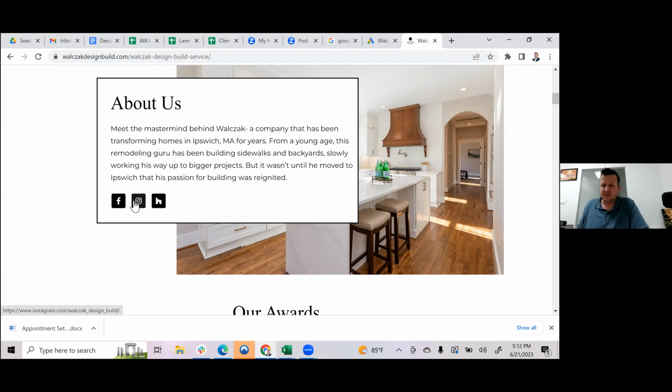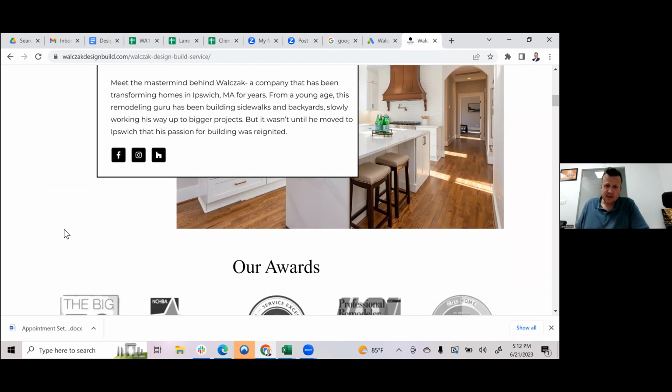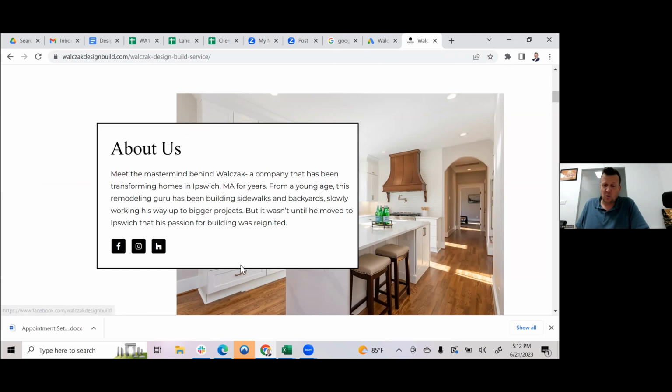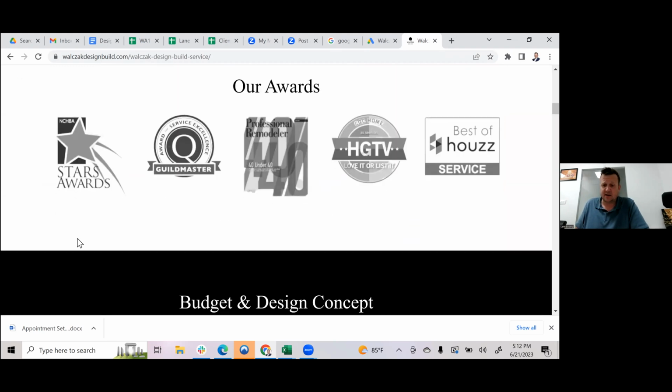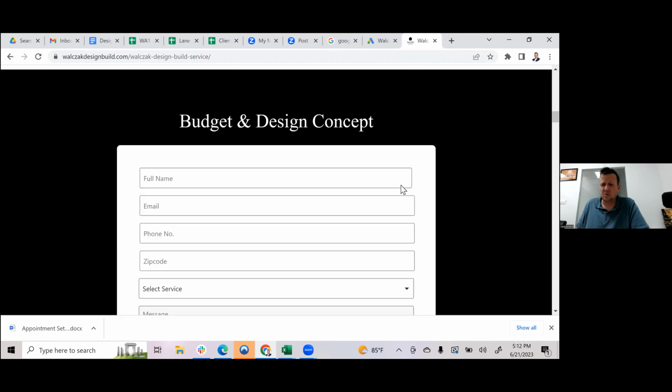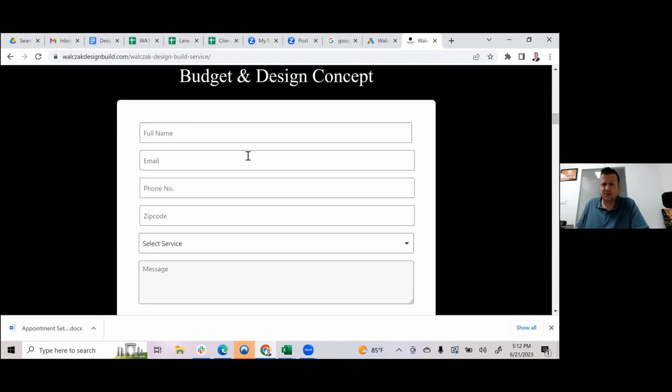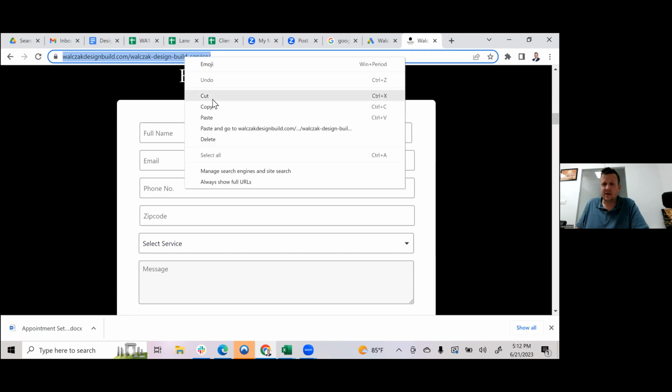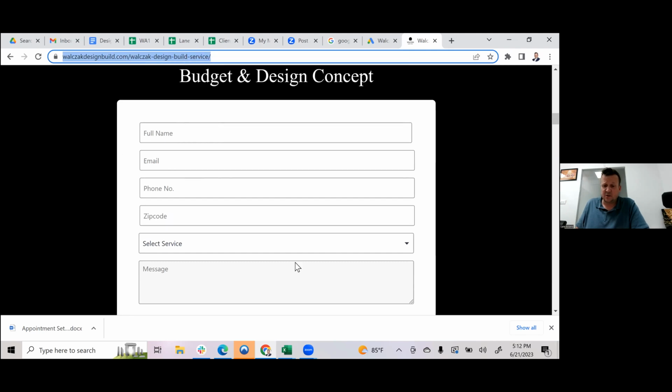And by linking out to the socials, it gives the Google algorithm more context about what we're about, and it actually helps out by lowering our cost per click. Got some awards. Again, I'm going to put this in the chat. I'm going to put this in the downloadable button. Okay. I'm going to put this in the downloadable